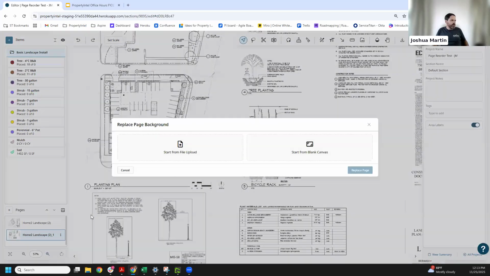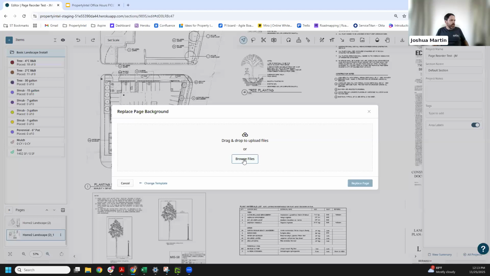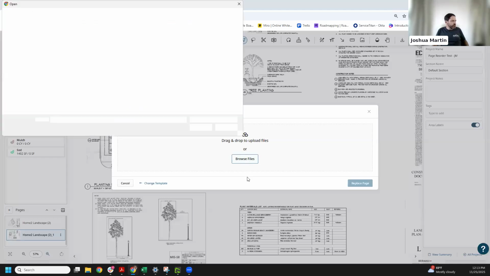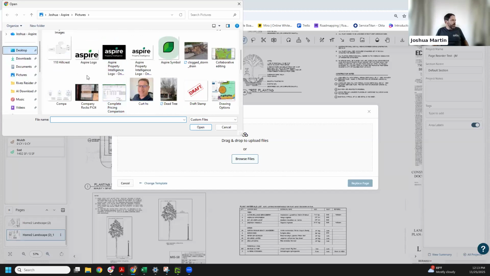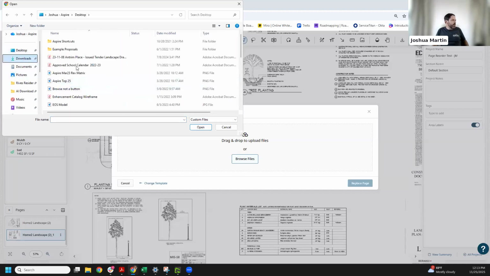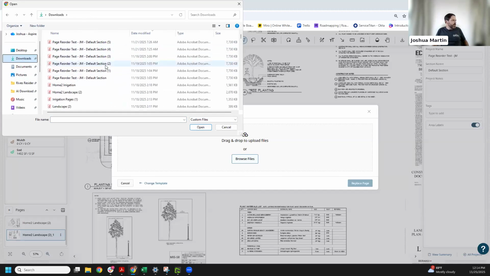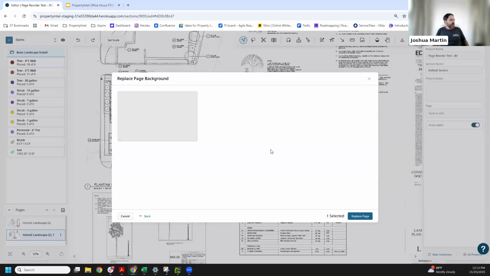With it, you can simply click replace page. You can replace it with either a file upload or a blank canvas. This feature doesn't apply to the aerial maps. You're only able to replace with uploads and canvases. So to do a file upload, just replacing the PDF, we can click it and browse the files. Then I can choose any of these PDFs. If we want to go into this irrigation set,